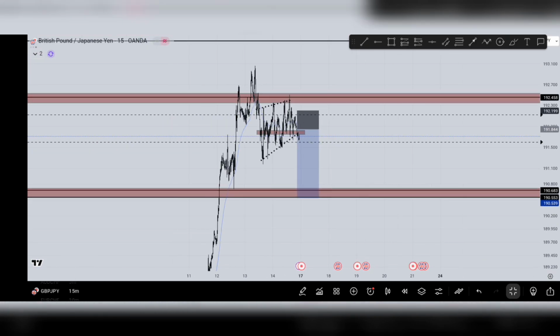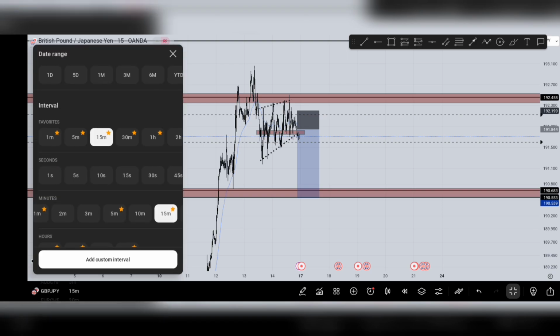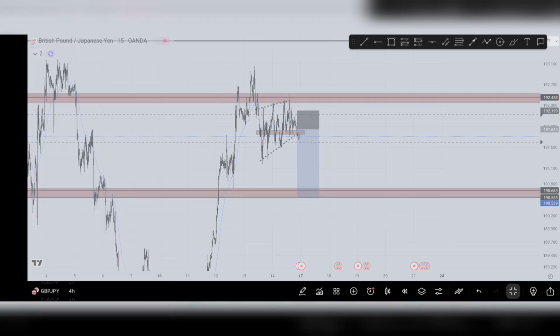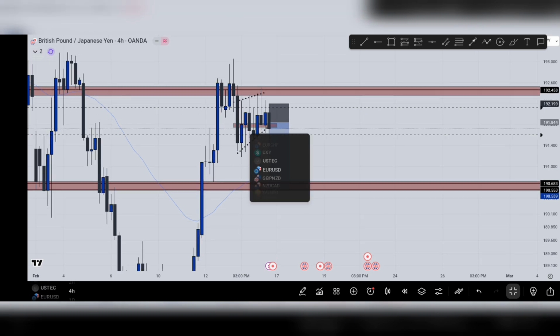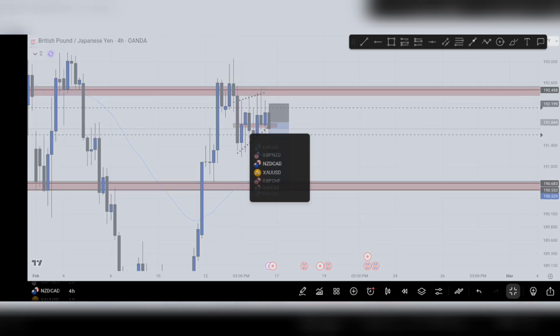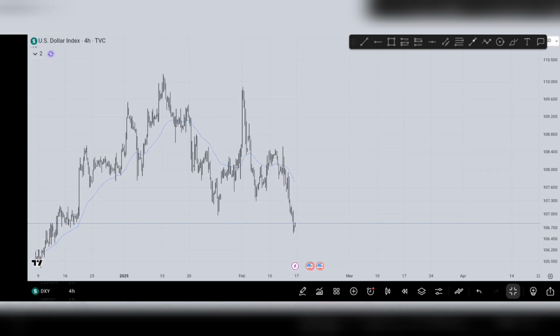So for now, let's get on to the last pair. The last pair I'm taking. Let's go down to gold. I think gold. No, not gold. I think we should look for